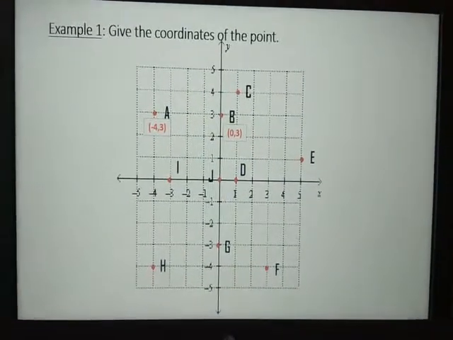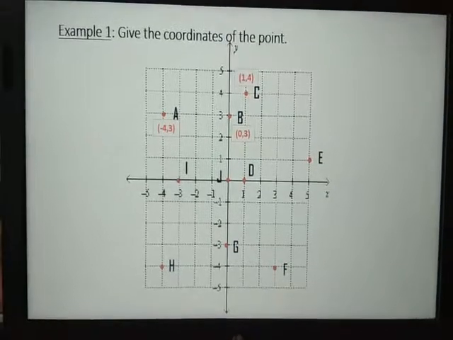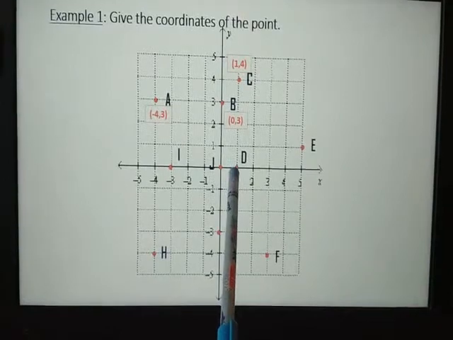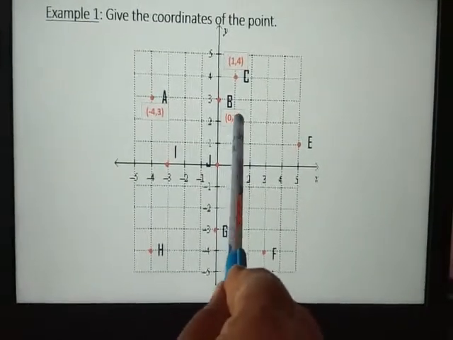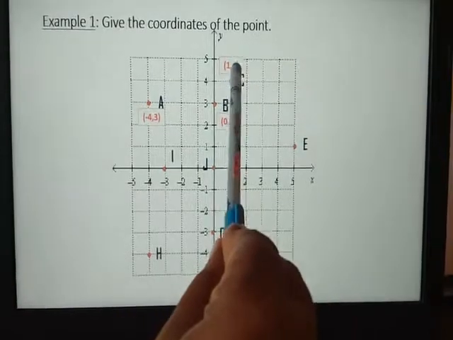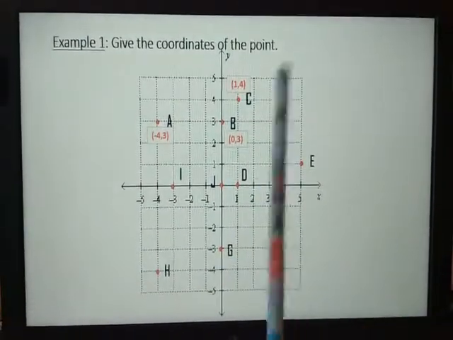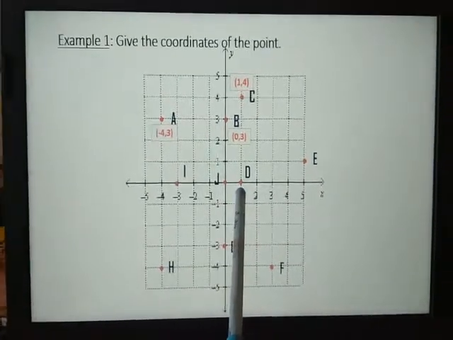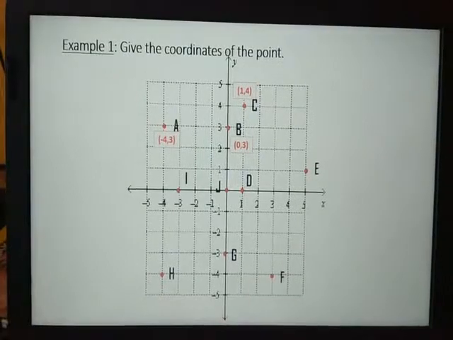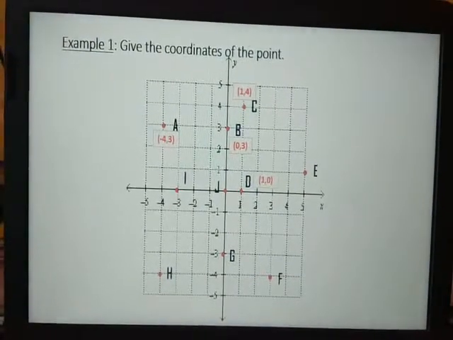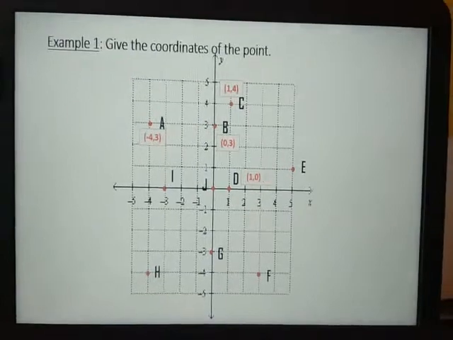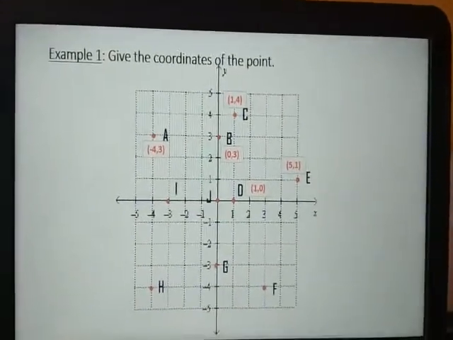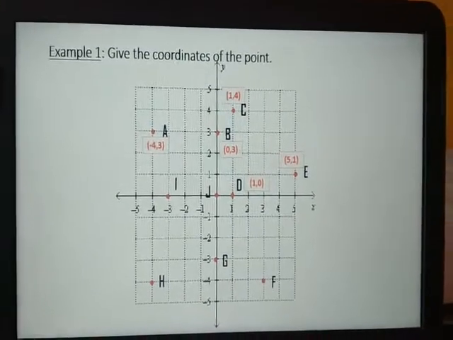Next, the point B is 0 comma 3, and the point C is one unit away from the y-axis, and going in the upward direction 1, 2, 3, 4. So we write this point as 1 comma 4. And coming to the D point, where is the D point? Here on the x-axis. So we write that point as 1 comma 0. And next E. Here the point E is 5 comma 1. Abscissa is 5 and the ordinate value is 1.